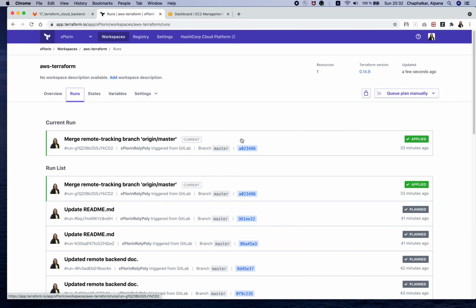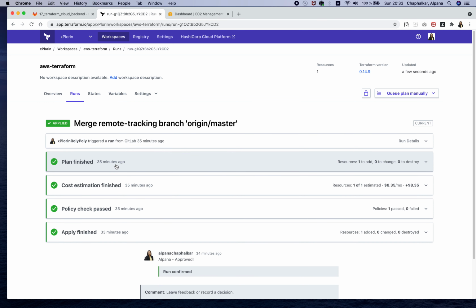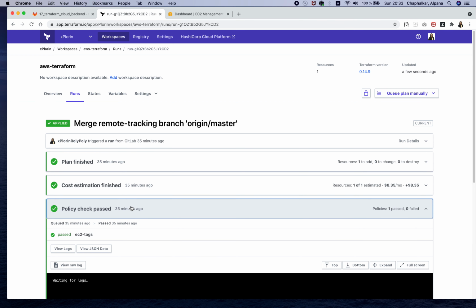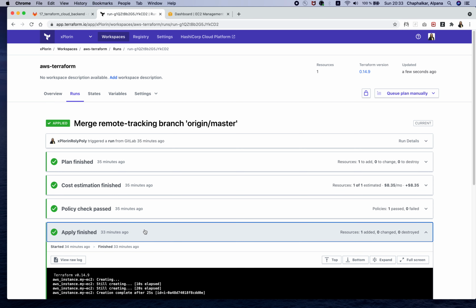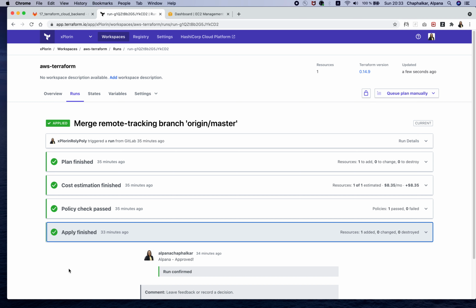So the logs which you see here are the log of plan, the log of cost estimation, and the log of policy check. And if you execute the terraform apply command, then you also see the log of terraform apply. So yeah, this is about the Terraform Cloud.